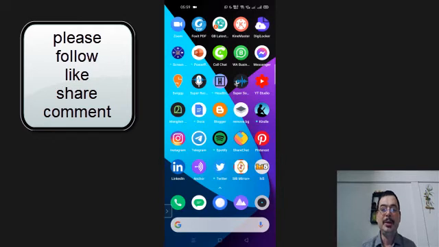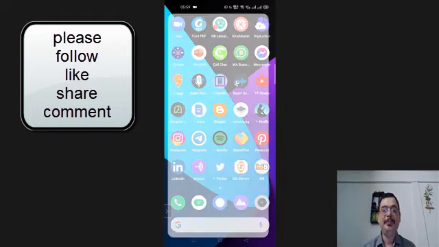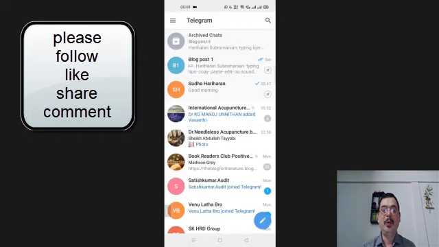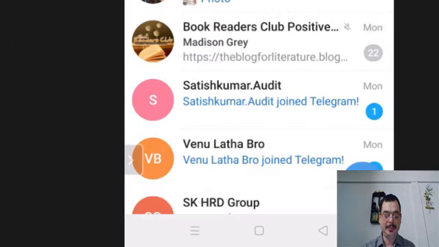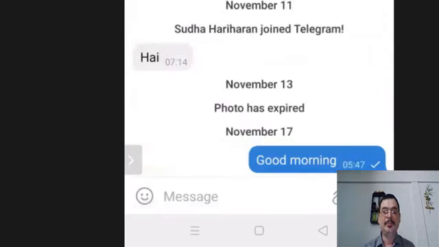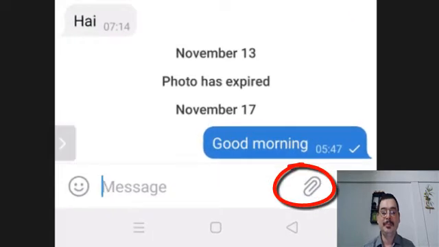Today we are going to see a few more tips from Telegram. Open Telegram. When you open Telegram and select a person to whom you want to send a message, you will see a clip symbol in the bottom. When you touch the clip symbol,